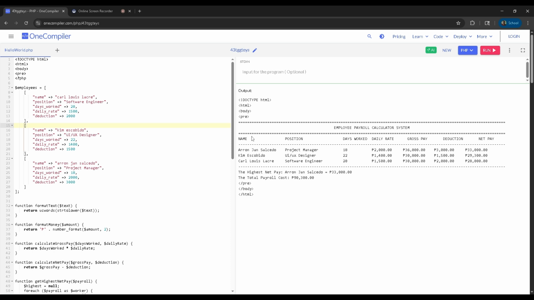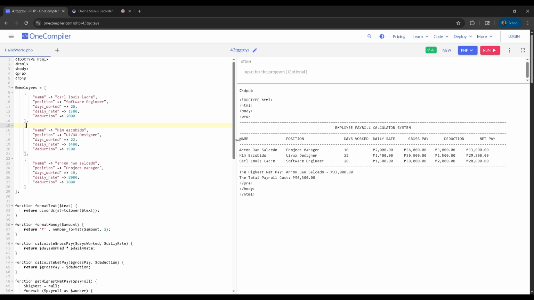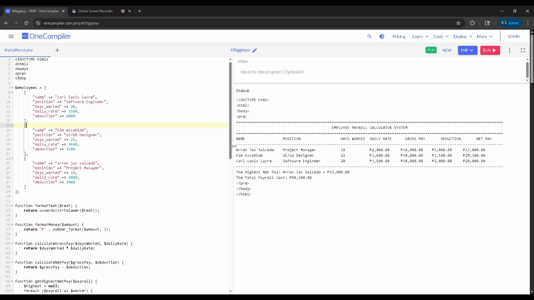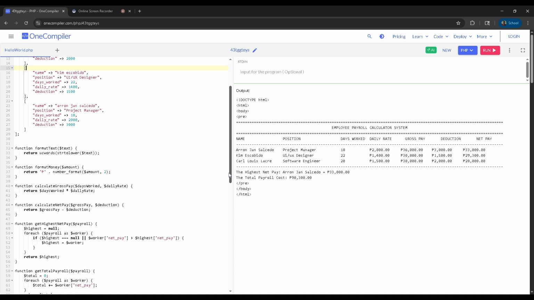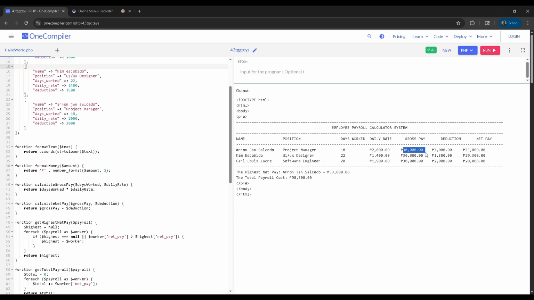It will automatically multiply the days work and the daily rate. For example, 20 times 1,500, you will get 30,000 for Carl. So we have here the gross pay.